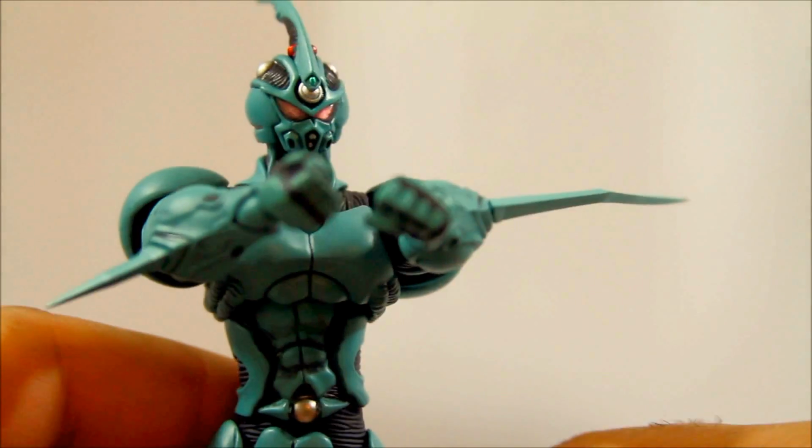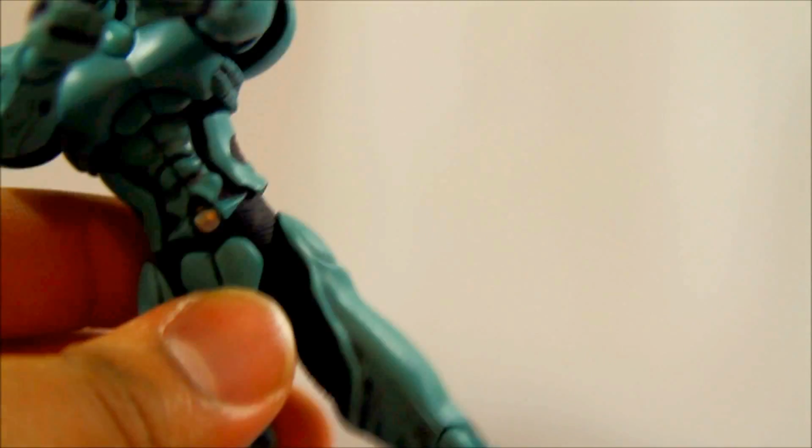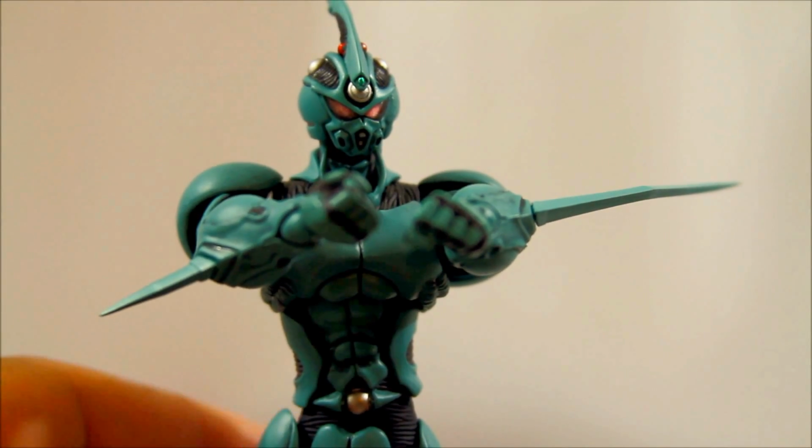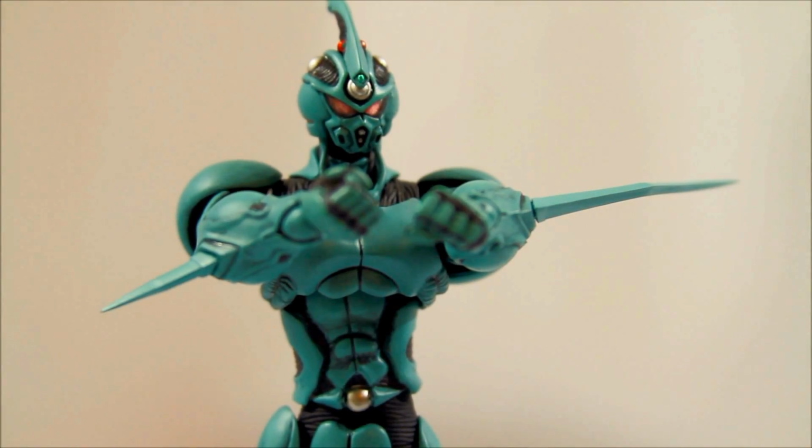And this is a really nice thing because you're able to pull off a pose that you weren't able to do prior, and it's done with ease instead of you actually having to fight with the toy. So I really think this is really, really cool. As for posability, like I said prior, great